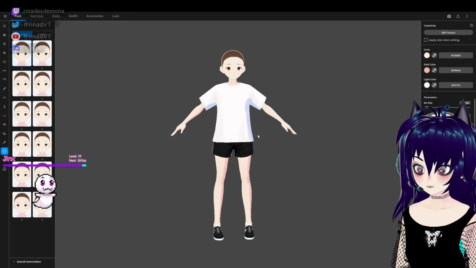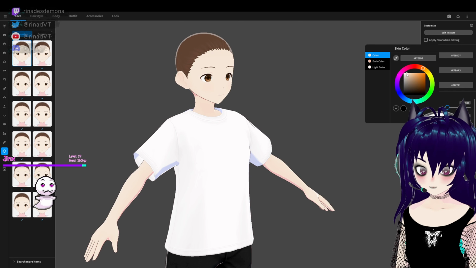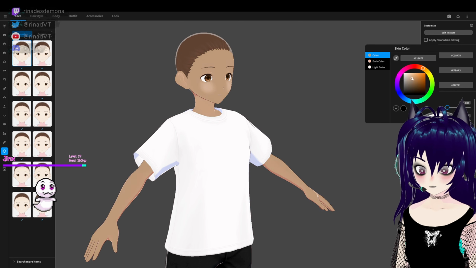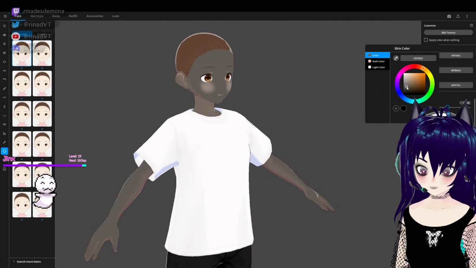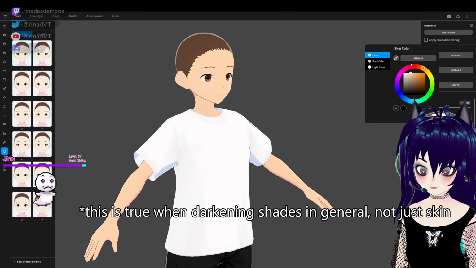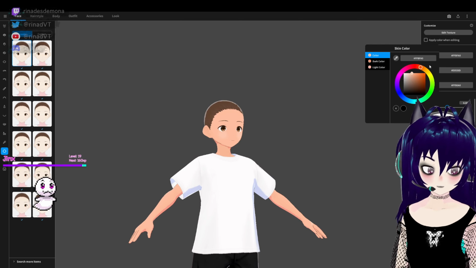I'm going to go to skin because I want to change the skin tone. When I darken the skin, I first saturate before darkening, because if you tend to go down first, it's going to cause the model to look really gray. So if you want to darken the skin, I usually will saturate first. But you can also do some